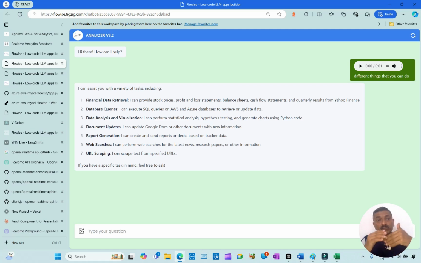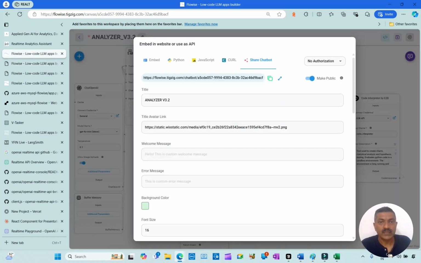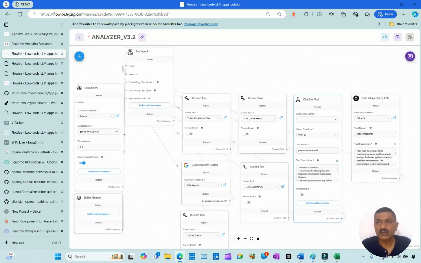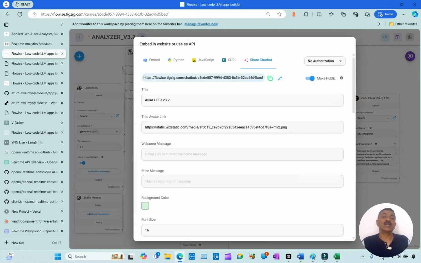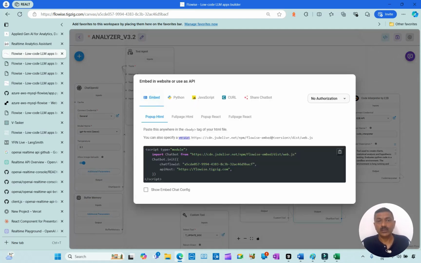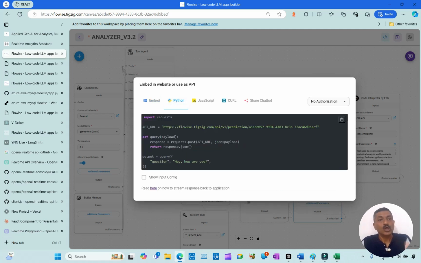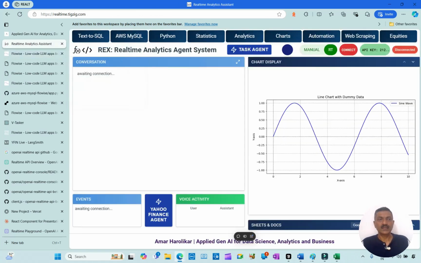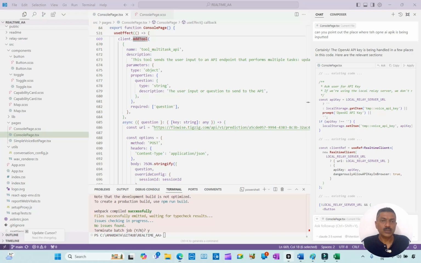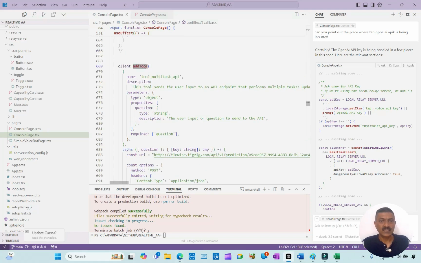But if we want a custom UI, connected to a real-time API, then what I did was, I am using both, right? Flowise allows us a very powerful way to call this agent as an API call. So it has this API endpoint. Here in this one, this is calling the Flowise UI, and this real-time agent, if we use, it calls the API endpoint. So if we go into the code, all that I have done is, I have just added one tool,